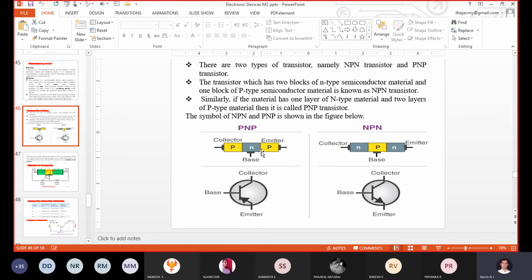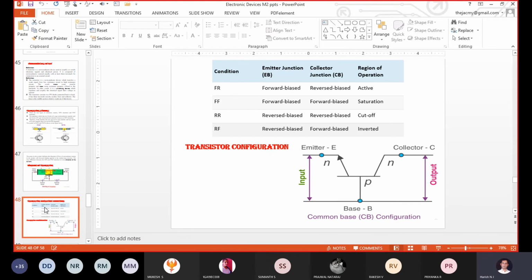For a diode, there are only two modes of operation. One is forward bias operation. The second one is the reverse bias operation. Correct. So if you know the forward and reverse operation of a PN junction diode, easily you can analyze the concept of an NPN transistor as well as the PNP transistor. Is it clear? Correct. So now if you are using two different types of external voltages for biasing your NPN as well as the PNP transistor, how we will get the modes of operation of a transistor, we will check it out now.